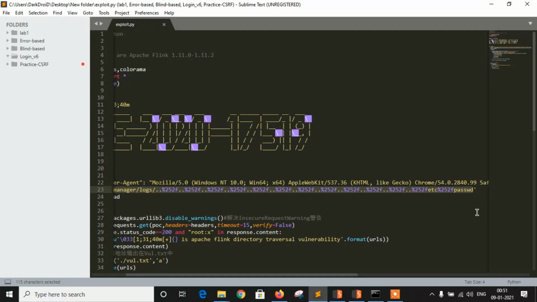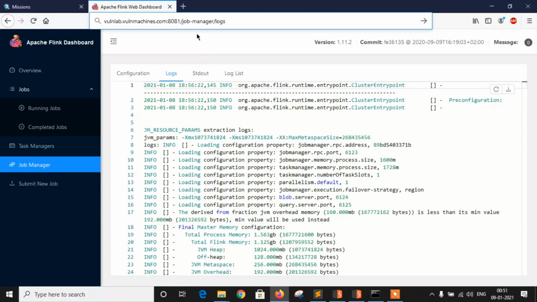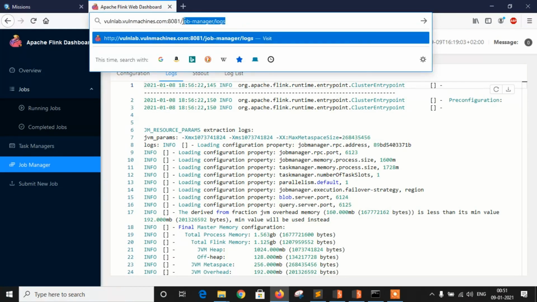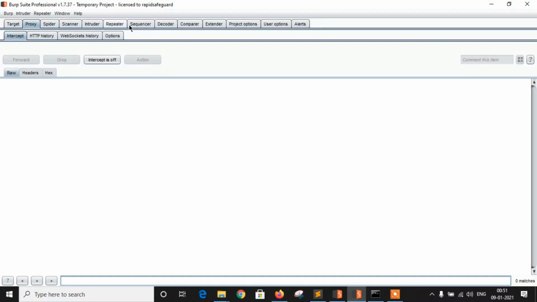Now let's try it manually. Let's say I just copy this payload and paste it over here. As you can see, this payload is double encoded, 252F. Let's decode this so you will get the idea.